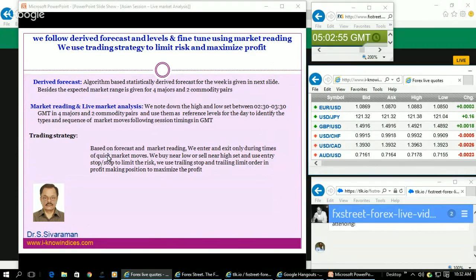And in the event the market suddenly reverses, because our decision-making ability is very slow compared to the market reactions, in order to limit the risk, we use the hedge order in the last-making position. As soon as the position is taken, we keep the hedge order 30 pips away and limit the risk. Once the position starts making profit, we keep the stop at entry and remove the hedge order. So the purpose of using the hedge order is limited that way.